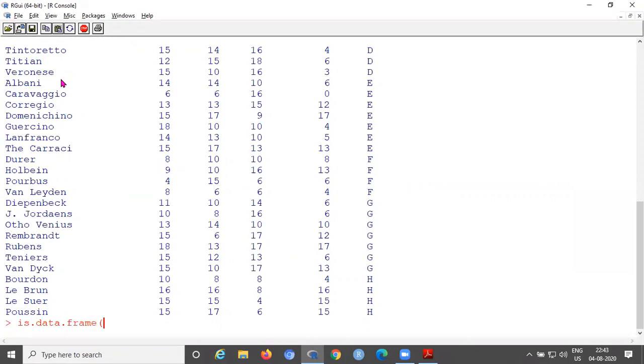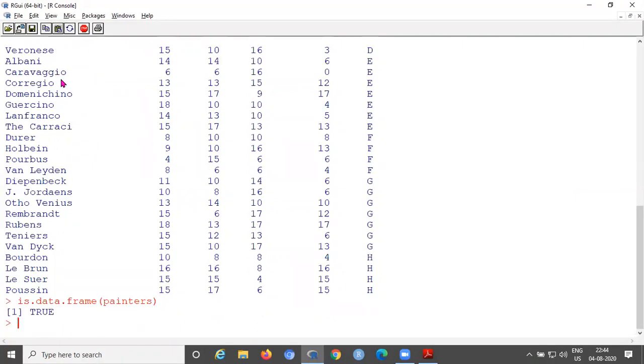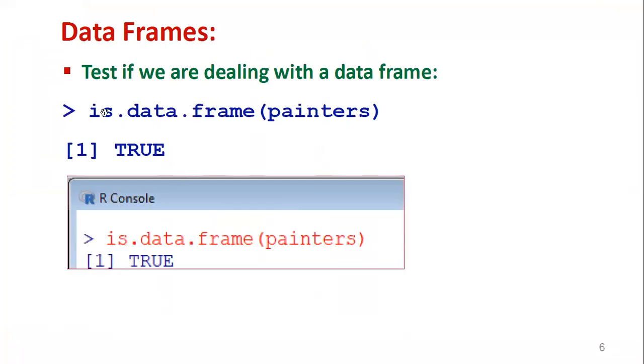We are checking whether we are dealing with a data frame or not. The database name is painters, so it displays TRUE. It displays the logical value TRUE, which means painters is a data frame. That is the method to test a data frame.